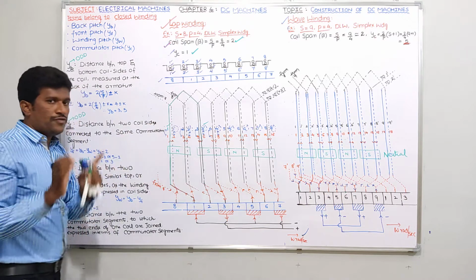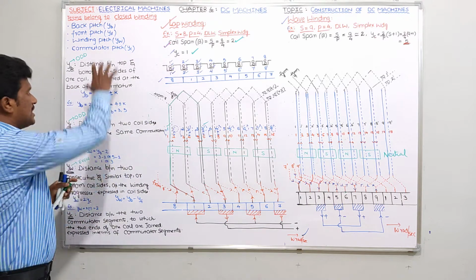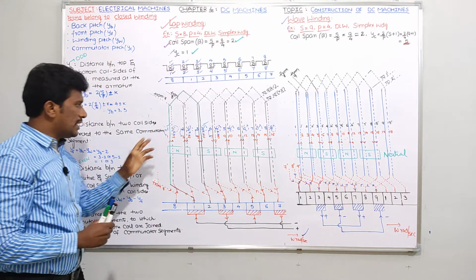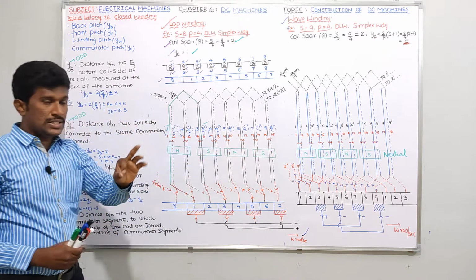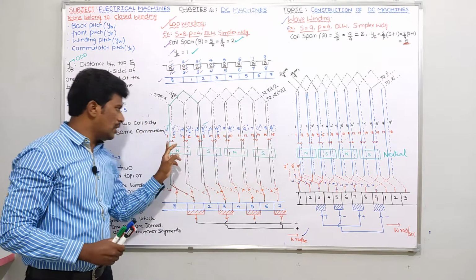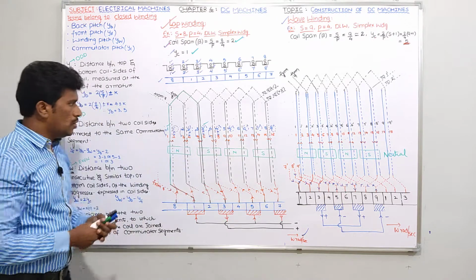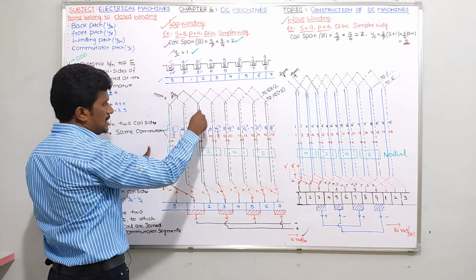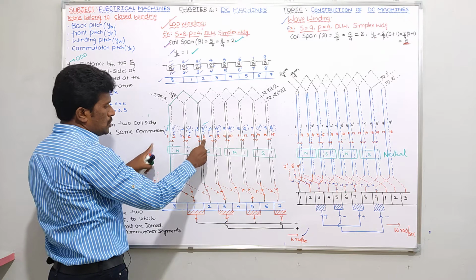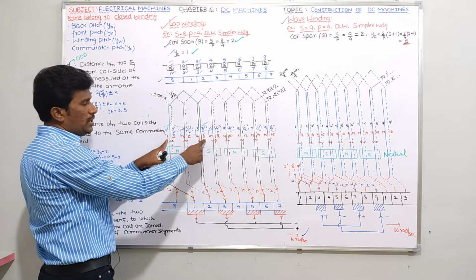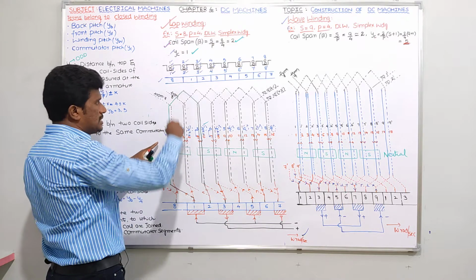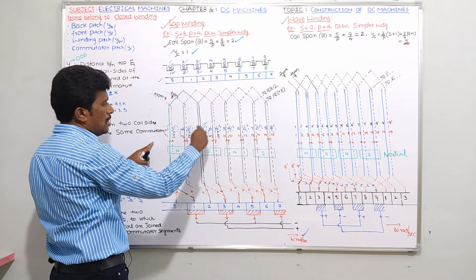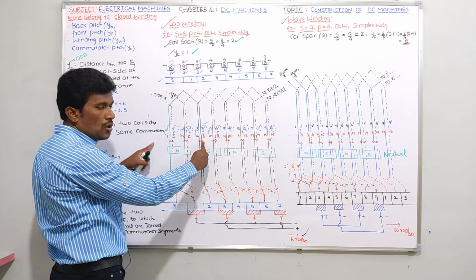Okay, but be careful, guys. While explaining these terms, you should not consider this blue color marking. You should consider this red color numbering: 1, 2, 3, 4, and so on. So you know already 1, 2, 3 dash. The 3 dash is nothing but here 6. So now what I am asking is distance between coil sides. If you take a coil side like this, 1, 6 is a coil. 1, 3 dash or 1, 6 is a coil.